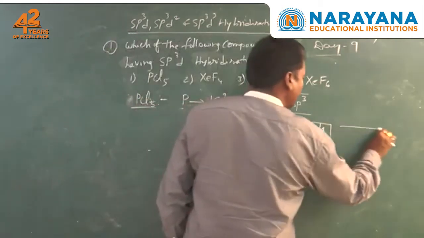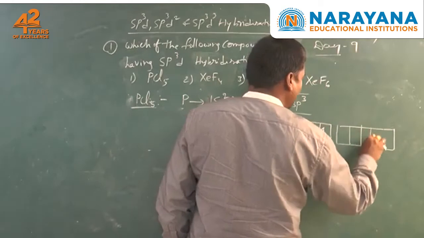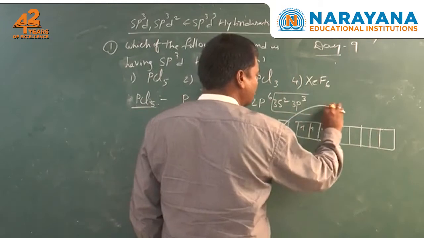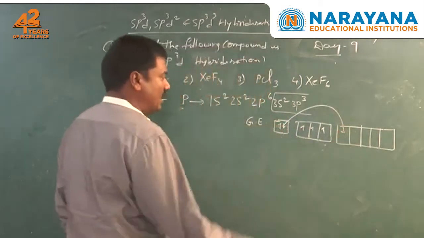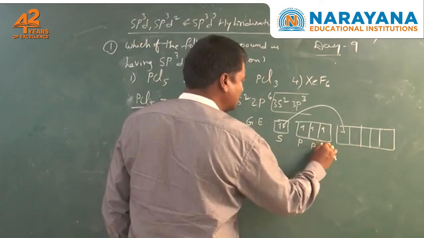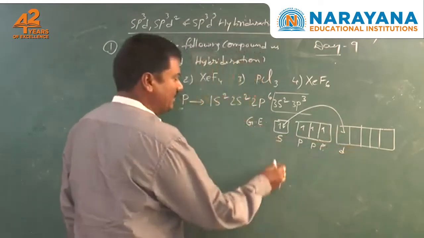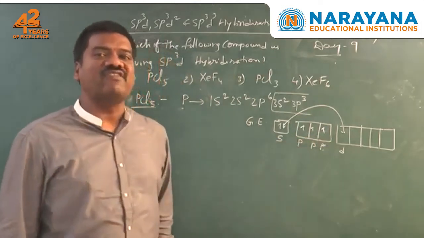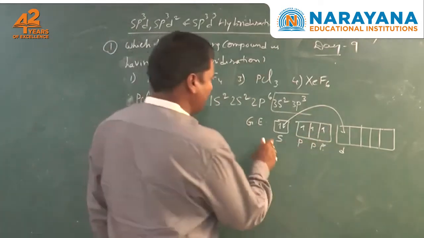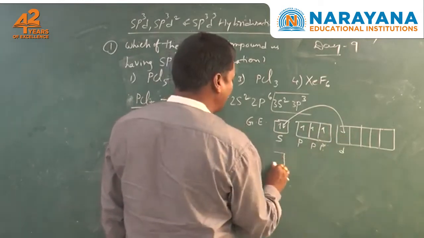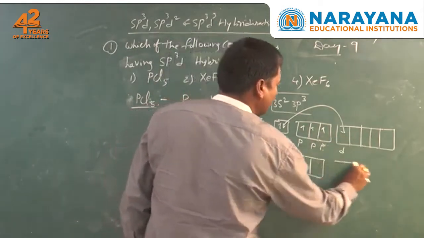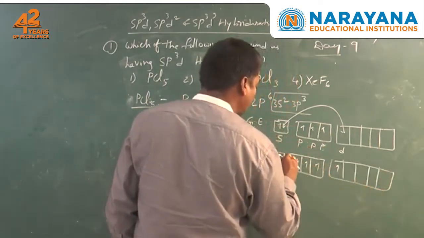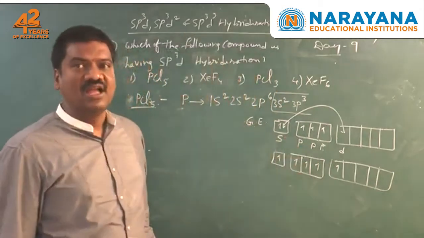There are no d electrons here, but an empty d orbital is present in the third orbit. So one electron from the s orbital jumps to the empty d orbital. Then one s orbital, 3 p orbitals and 1 d orbital are there. Before bond formation, these atomic orbitals combine, and it forms 5 equal hybrid orbitals. Each orbital has one unpaired electron. Of the 5 d orbitals, only 1 has an electron, and now each hybrid orbital has 1 electron.